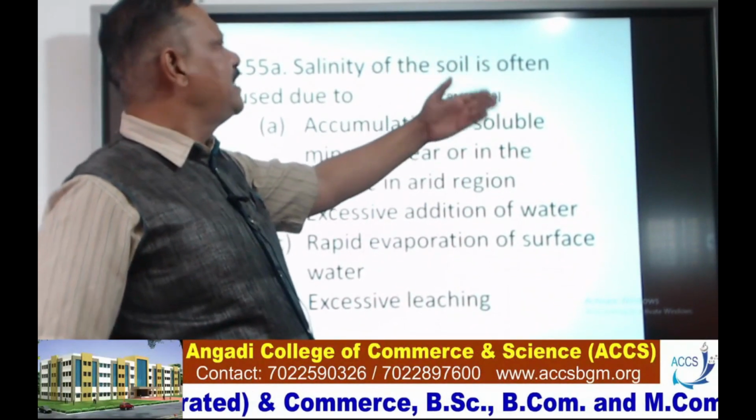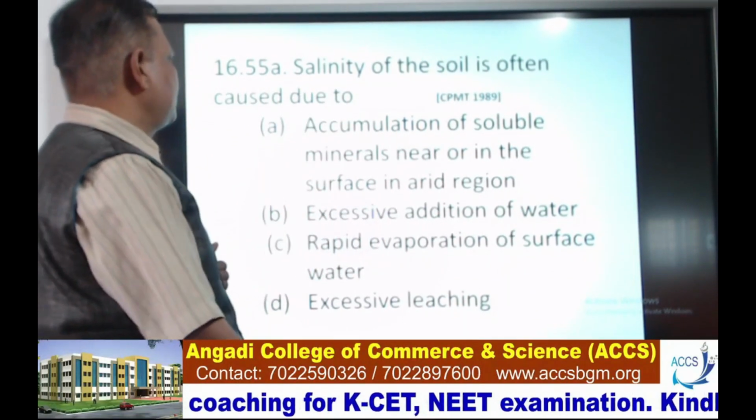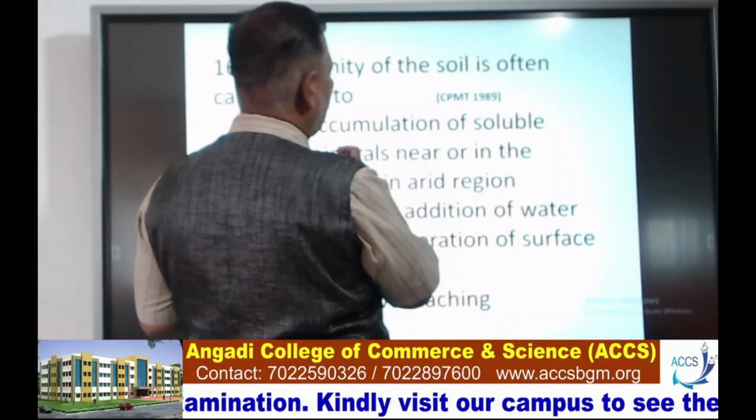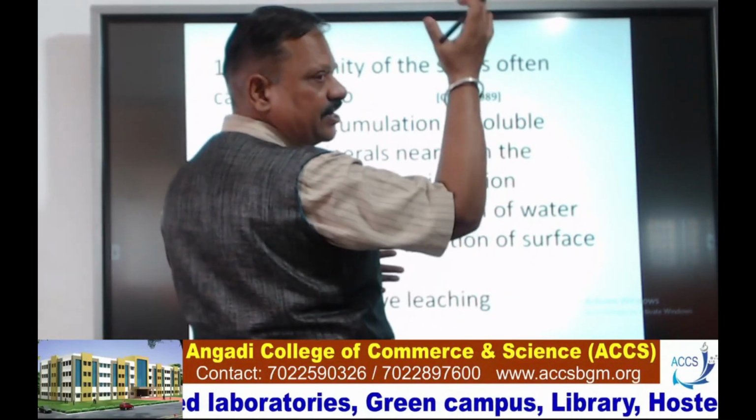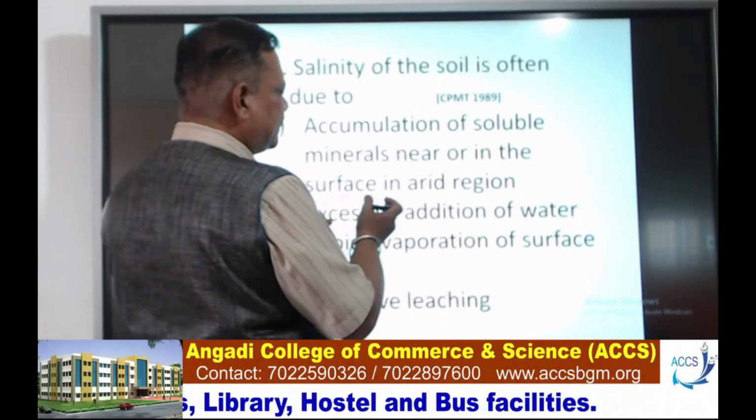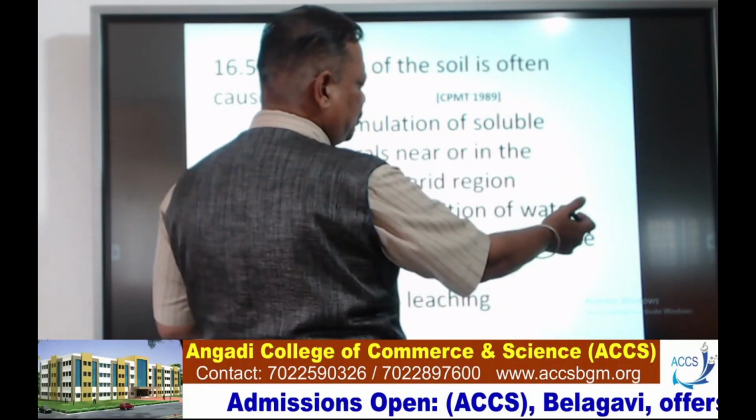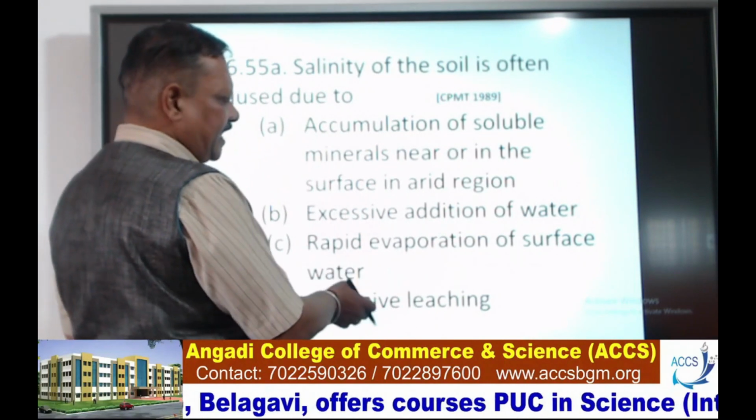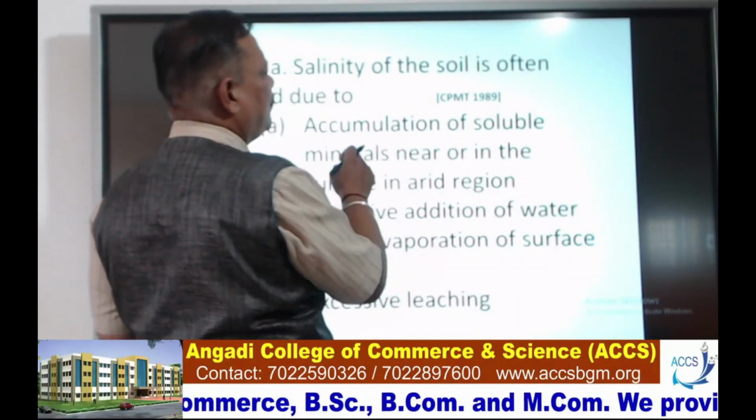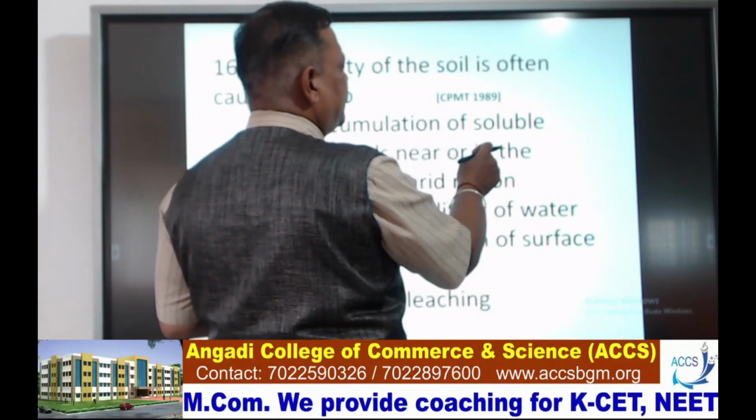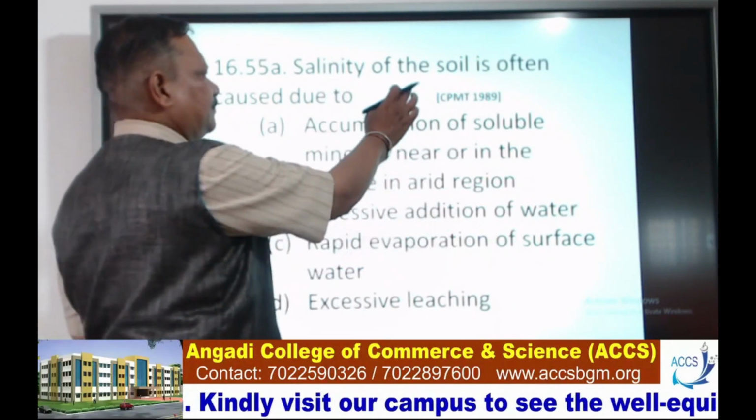Salinity of the soil is often caused due to, why does salinity increase? Just see: A, accumulation of soluble minerals near or in the surface in arid region. B, excessive addition of water. C, rapid evaporation of surface water. D, excessive leaching. It is option A, accumulation of soluble minerals near or in the surface in arid region, that is the right one. Next,